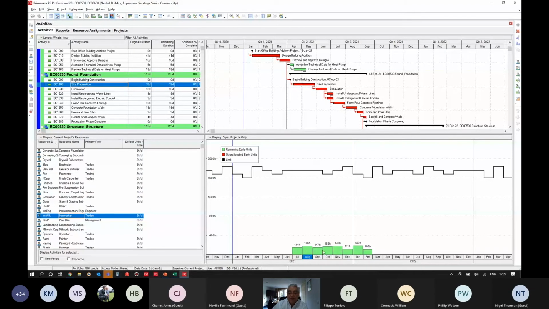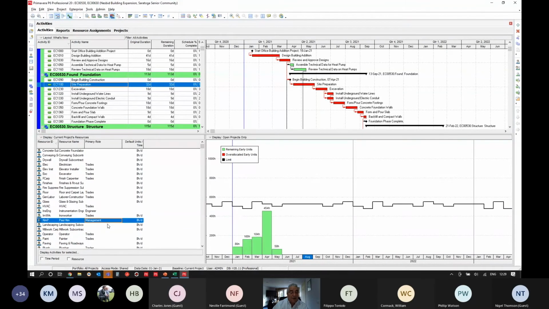And when it comes to printing the resource histogram out as well, I can also show the values on the histogram when I print it out. I don't know about you, but I think that's a nice, neat new feature, and certainly make life a bit easier, especially when you're looking at resource analysis. Of course, if you had actual columns and remaining columns and all the rest of it, they'd also show the exact values. Now, a couple more features I just want to quickly run through with you, and these are based